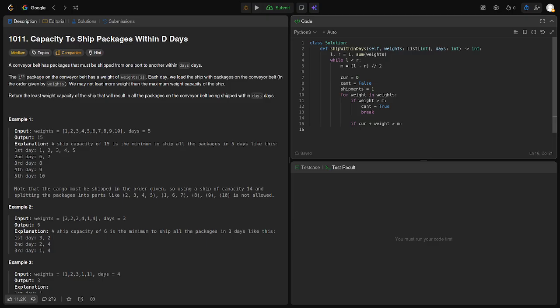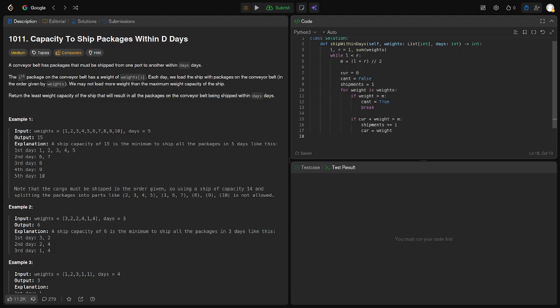That's just a condition, because if I go over what I want to do, that's a new shipment. So shipments plus equals 1 and current is weight, and if weight would be over that, then that wouldn't work.